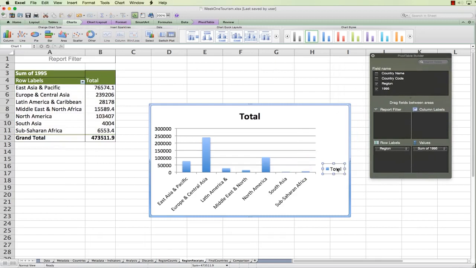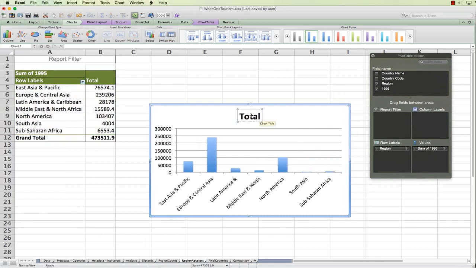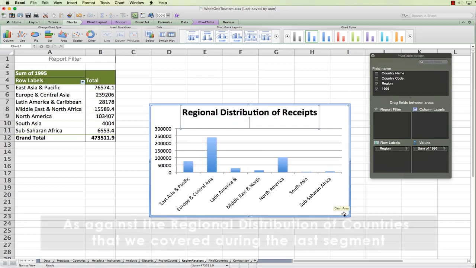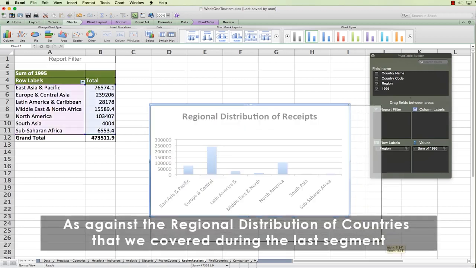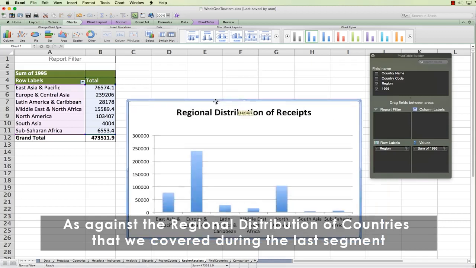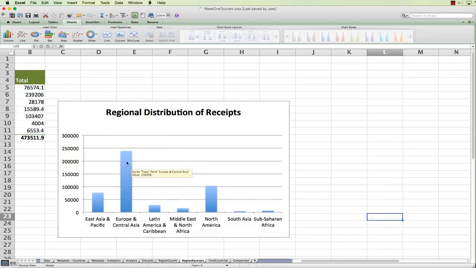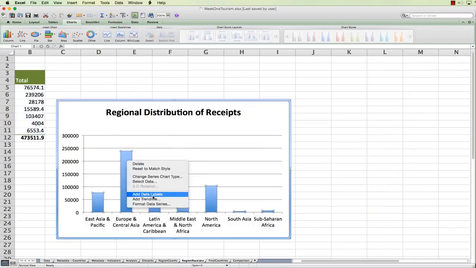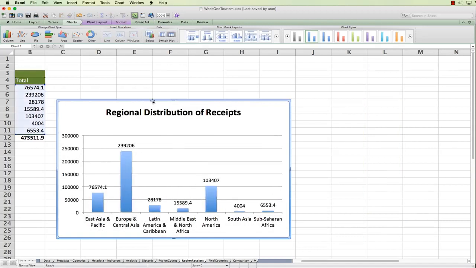I will get rid of this and I will type regional distribution of receipts. I just went ahead and retitled my chart. Have a look, and while we are at it, I can also throw in the labels. All right.